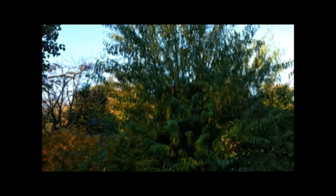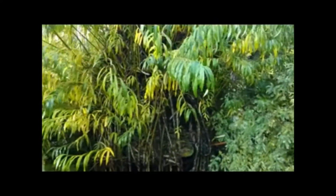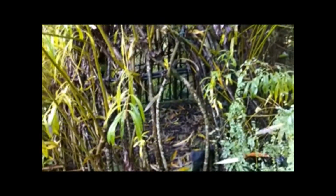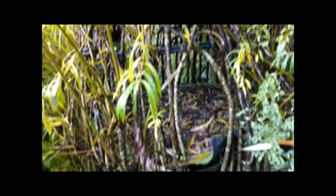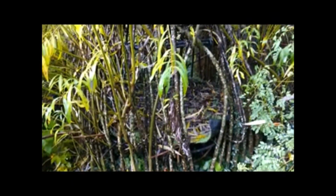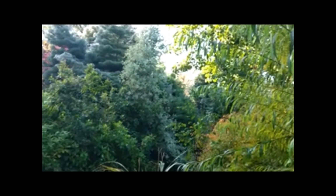You might wonder what this is. This is what we call the monkey cage. It's made out of willow, Salix feminalis, and you can actually climb inside it. It's lifted off the ground, but it's mostly alive. Yes, growing like crazy, as you can see. On the other side,